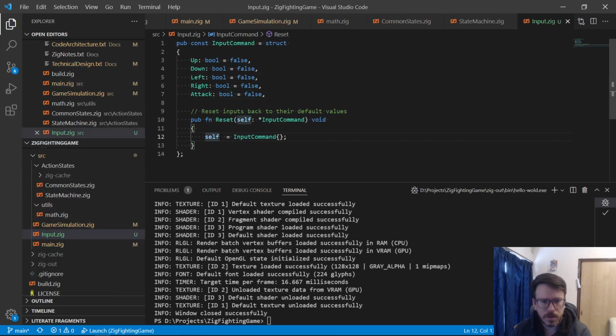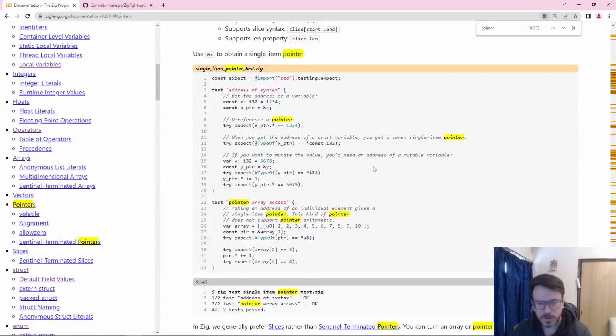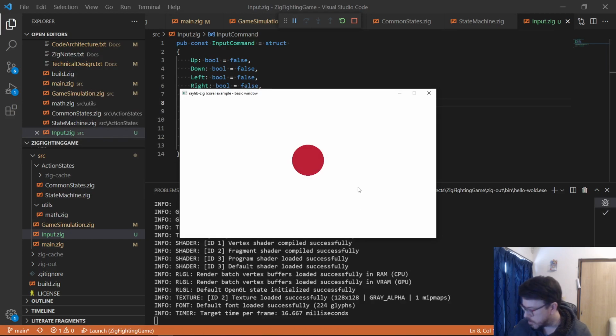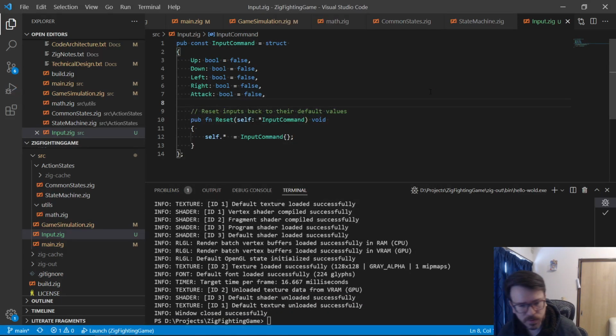So does that work for dereferencing a pointer? Okay, that works. Okay, cool. So it looks like our input does work. Left and right works. Fantastic. Okay, just to make sure we have those stored in our